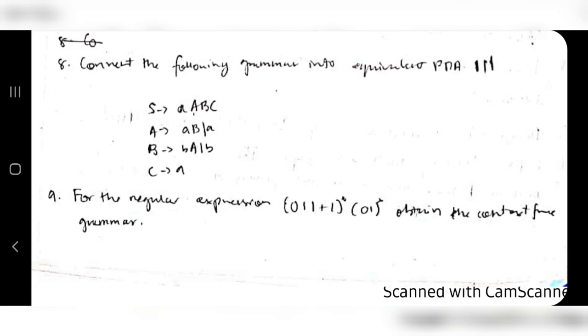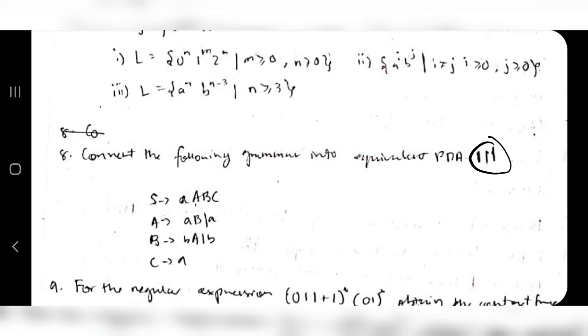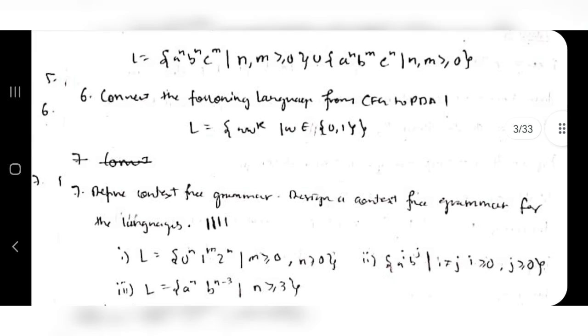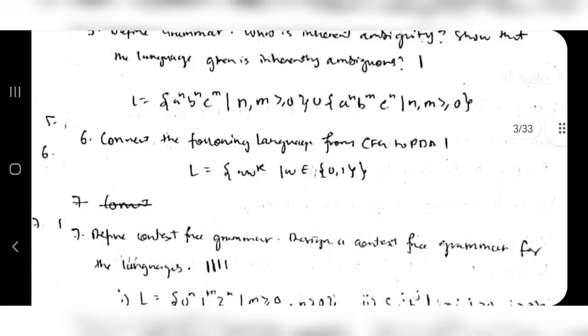Okay, so I guess this is from the previous module, because I have copied the questions from the previous schemes also. So the syllabus might have changed, but I am not sure about it. It's also just asked once in the paper, so it's not a repeated question, so you might skip it, but make sure you are solving the important questions which are repeated many times. Okay, so this is the number of times it's repeated, like 3 times, and here we have the more repeated questions 4 times, and this is repeated 5 times. Okay, so make sure you solve these questions before appearing for the exam.